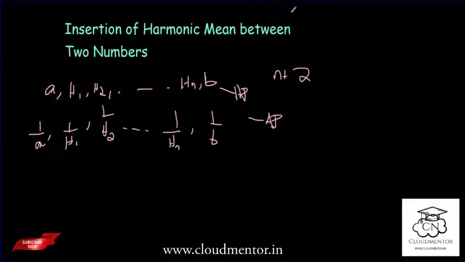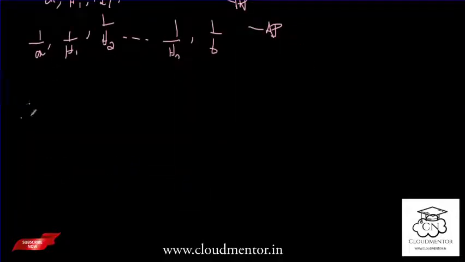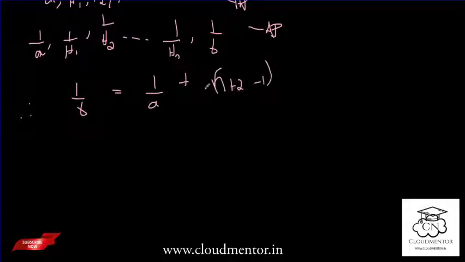Let d be the common difference of this AP, and therefore we get 1 by b will be equal to 1 by a plus (n plus 2 minus 1) of d,